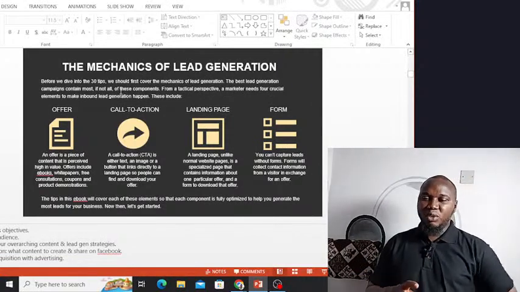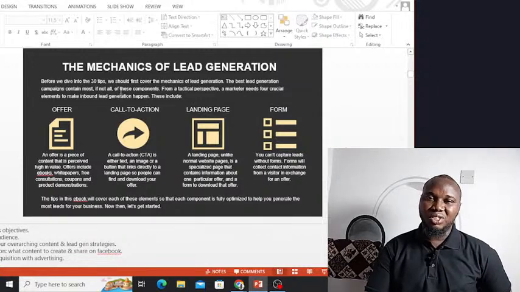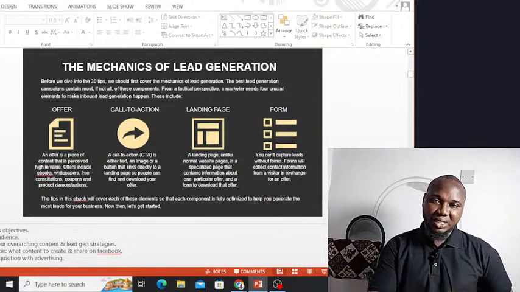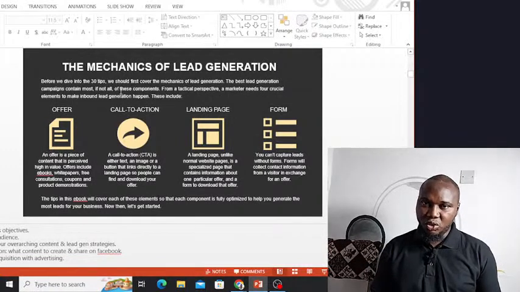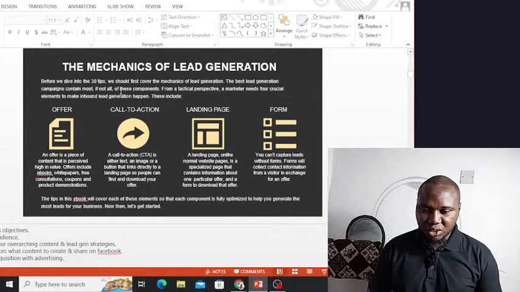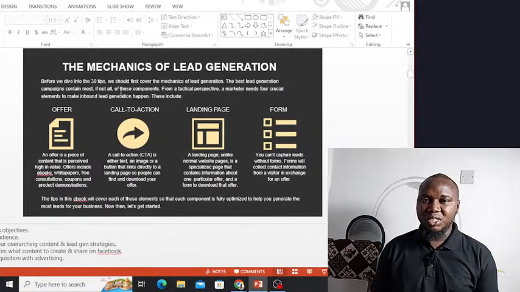And whenever we talk about lead generation, the mechanics of lead generation is, one, that you identify your offer, you know what you want to sell, you know how valuable that thing is. You can put it together in, like we said, an ebook, a video presentation, a webinar, and so many. You can even do an infographic. You can do as much as a white paper. Just write out what solution you are willing to solve, what is the implication of that solution in the marketplace, and what are your recommendations.